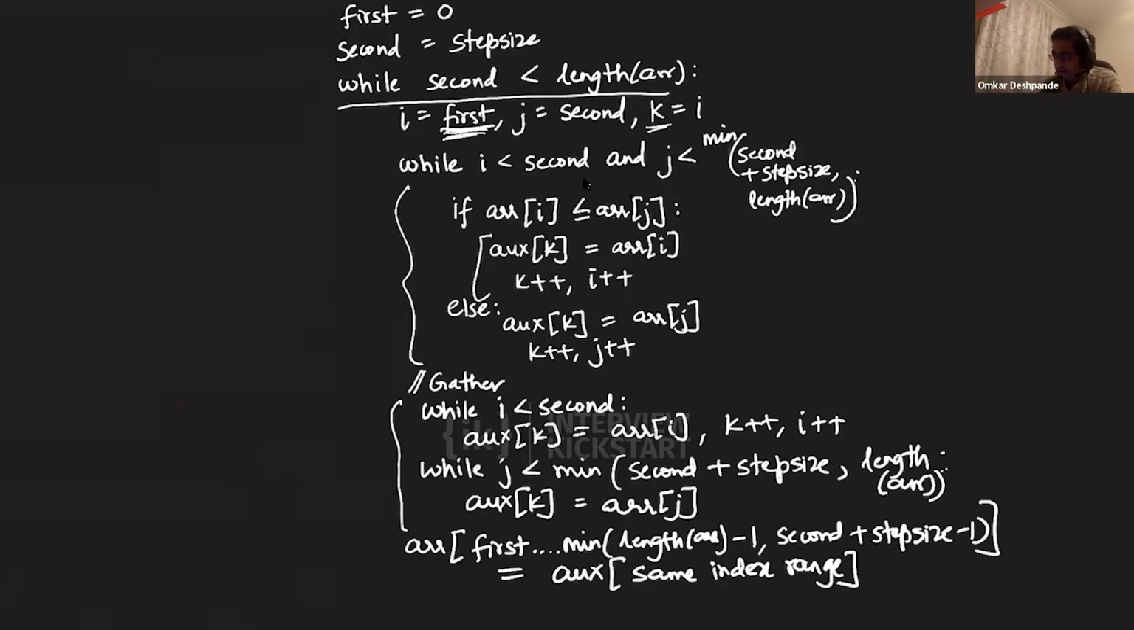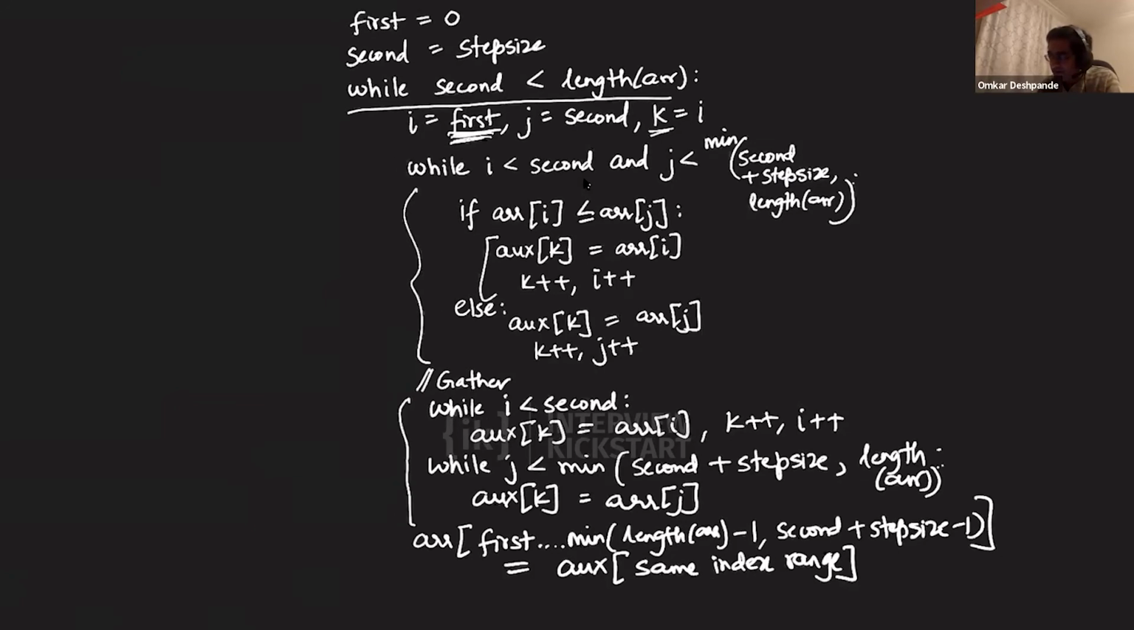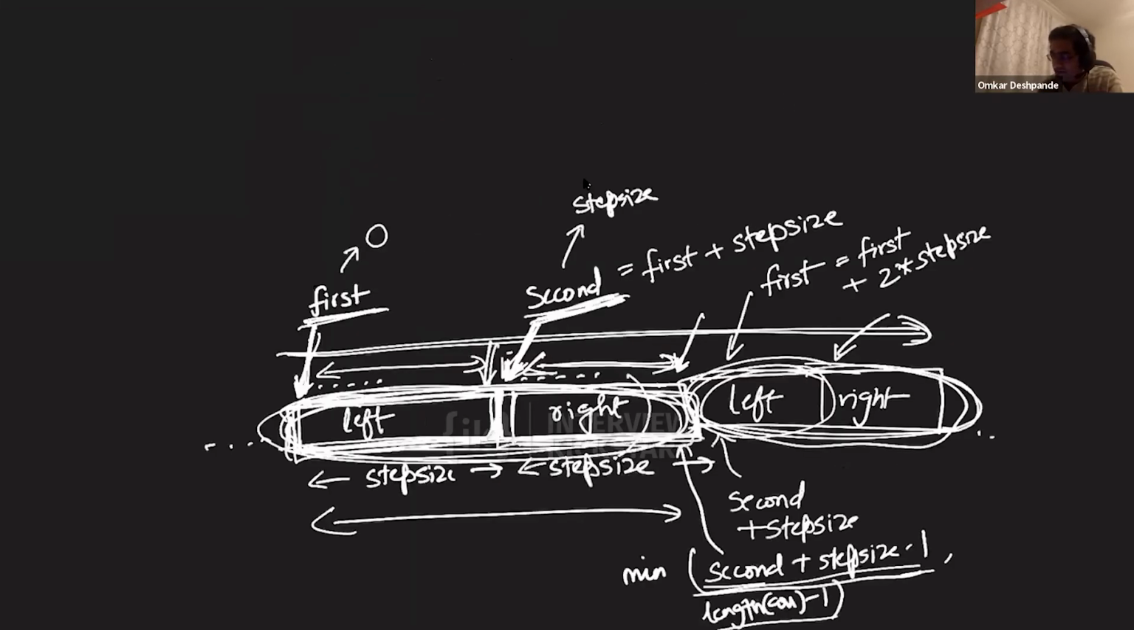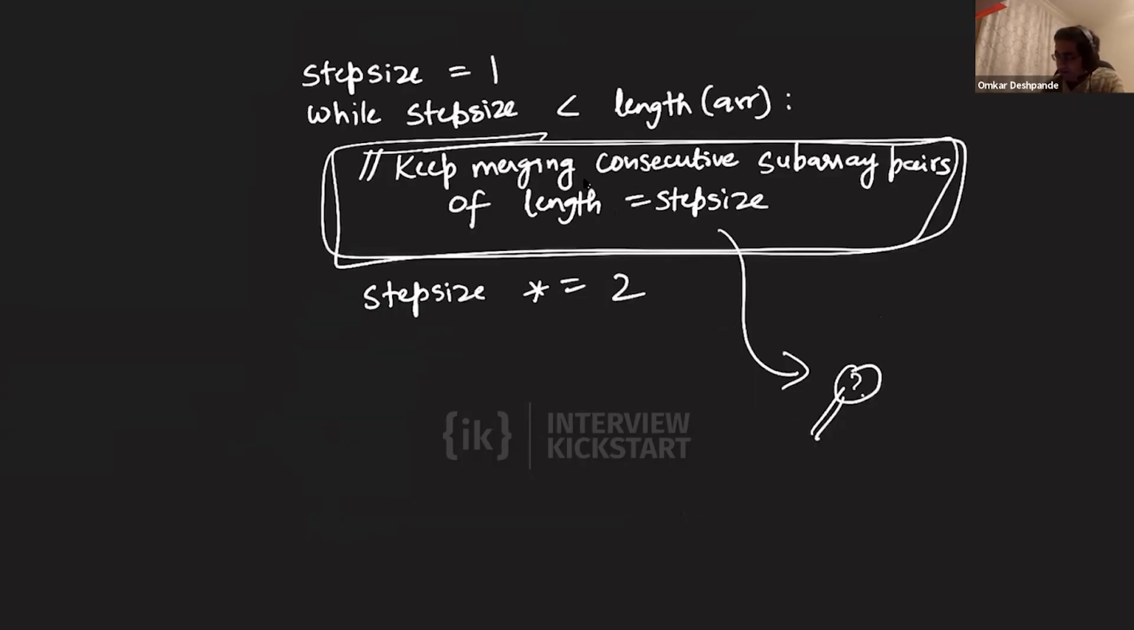So at this point, we will just increment the first and the second values. The first value needs to become this. So it's going to be incremented by 2 times step size. Step size is what this is. So 2 times step size,